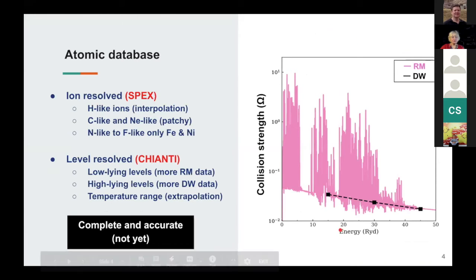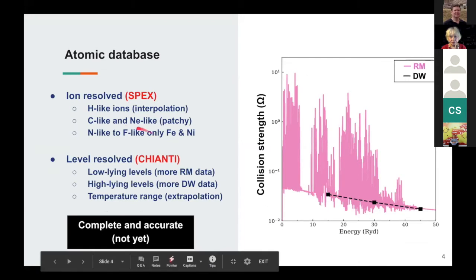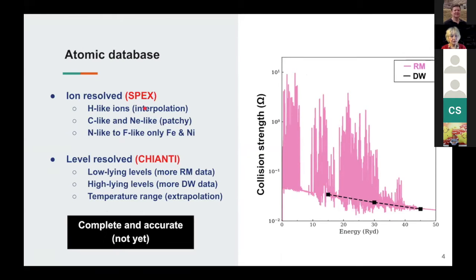Given the importance of this atomic process, let's take a look at the data available in our favorite plasma codes. Let's first take a look at the data for hydrogen-like ions in the SPEX code. Actually, I see there is some interpolation going on there. To be more specific, for example, we have R-matrix data for hydrogen-like carbon and hydrogen-like neon. And then for all the elements in between, including nitrogen and oxygen, we're actually using interpolation along the isoelectronic sequence